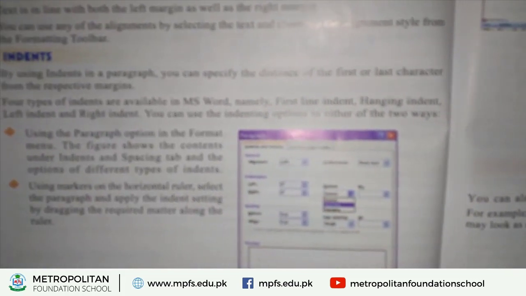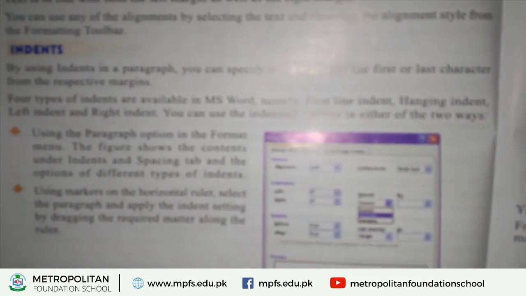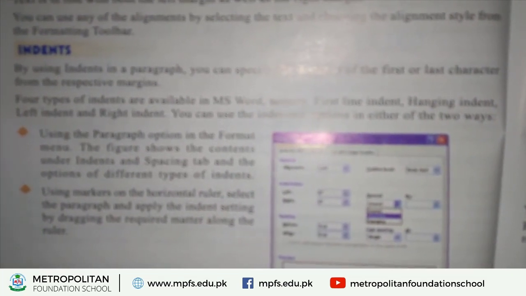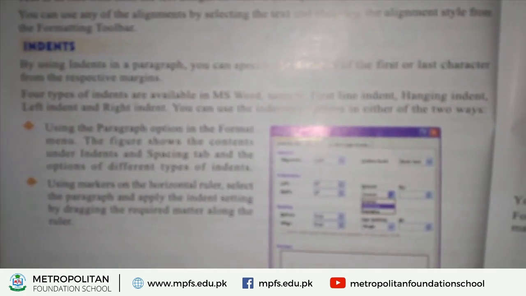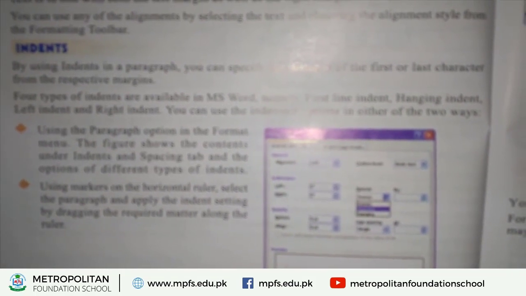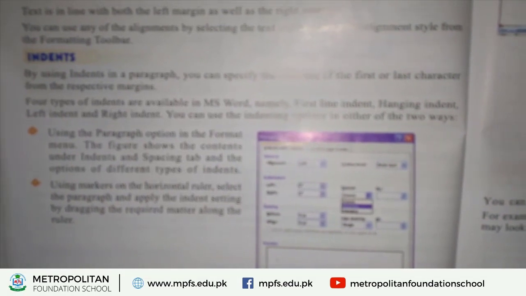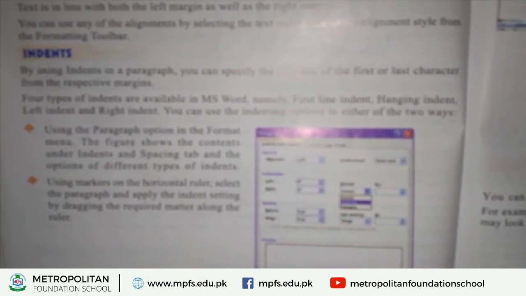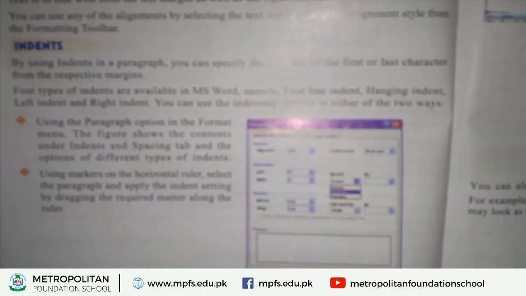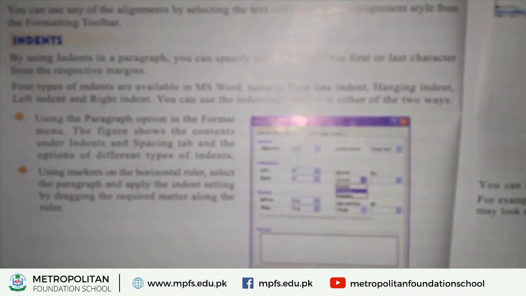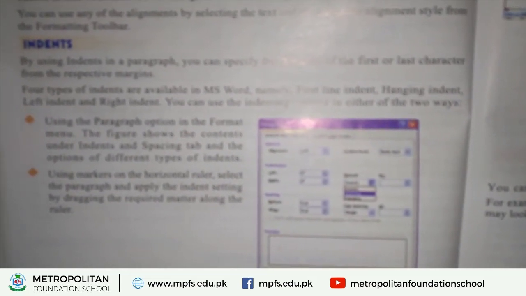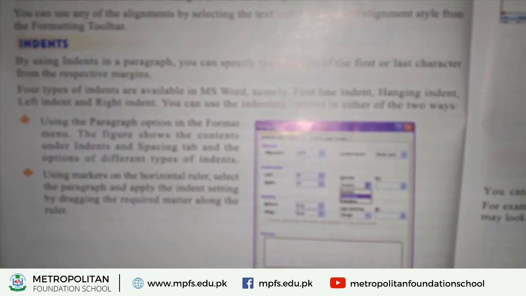Or, using markers on the horizontal ruler, select the paragraph and apply the indent setting by dragging to the required measure along the ruler. Students, when we open MS Office, with this dialog box we easily indent our paragraph, lines and words,